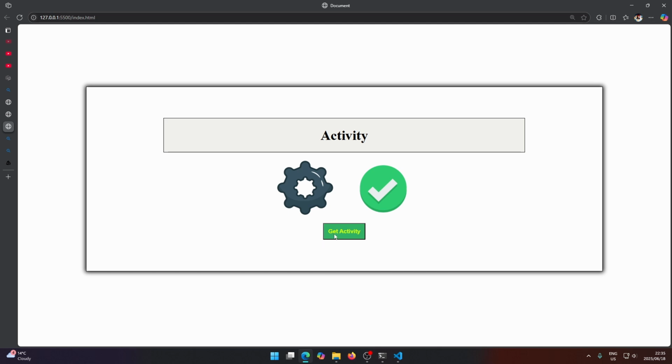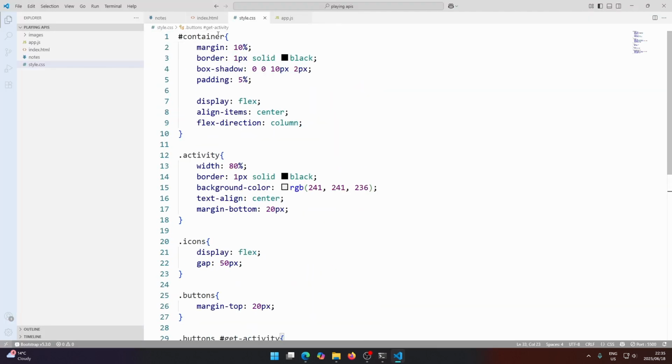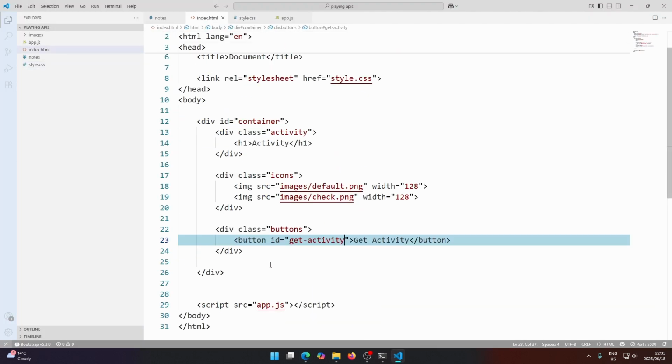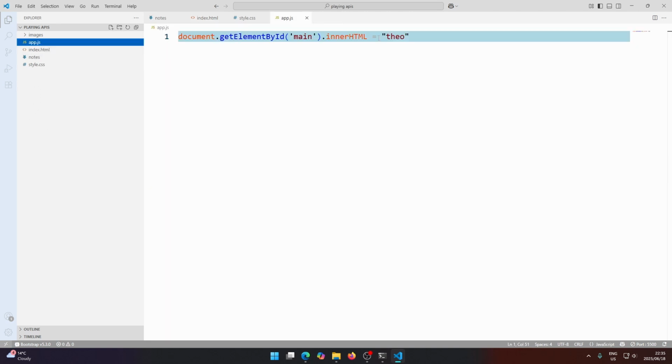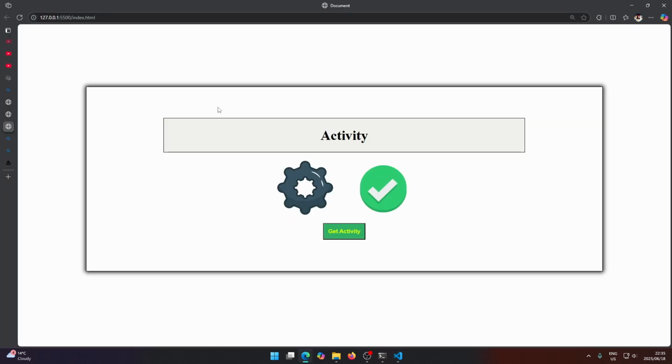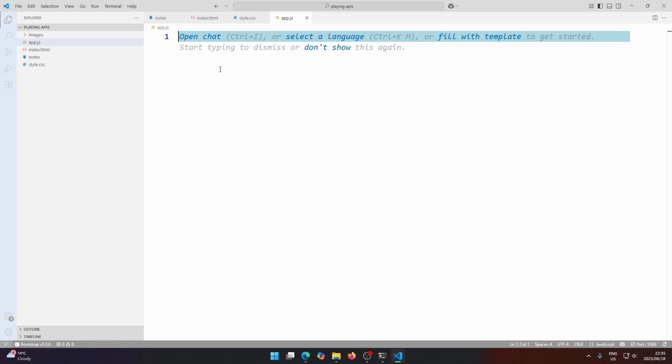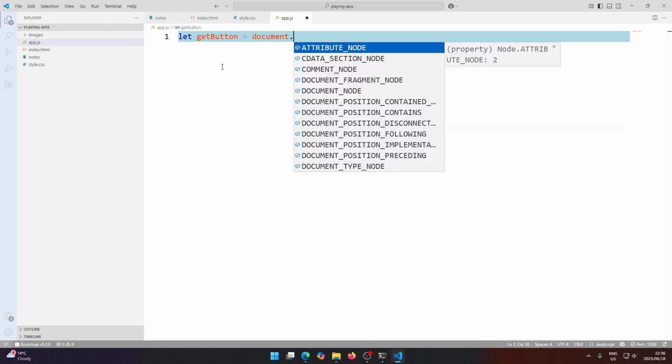Now what we want to happen is when we click this get activity button here, it should show us some activity here. So let's go to index here. Oh, we want to go to app.js here. And let me remove this. Okay, so let me first store the button here. So we're going to say let getButton equal to document.getElementById,